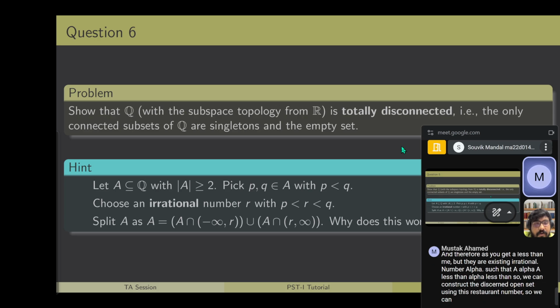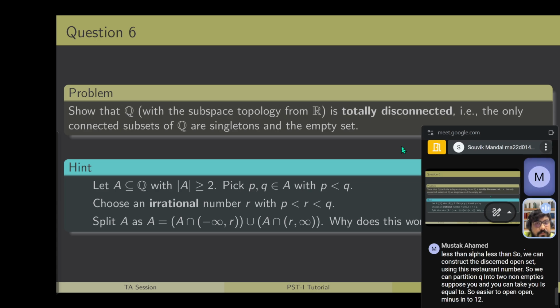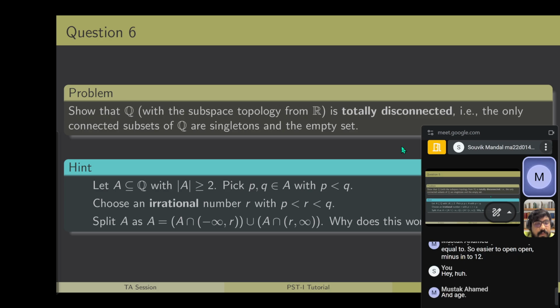So we can partition Q into two non-empty subsets, U and V. We can take U equal to the open interval minus infinity to alpha intersection Q,